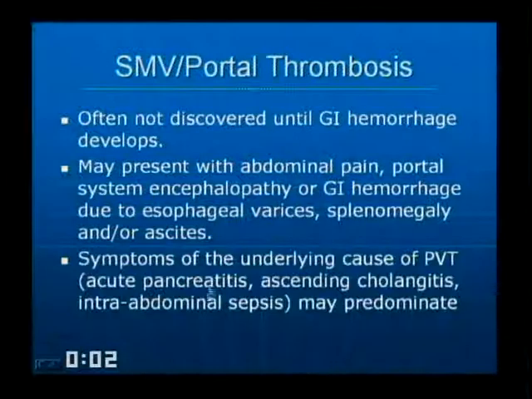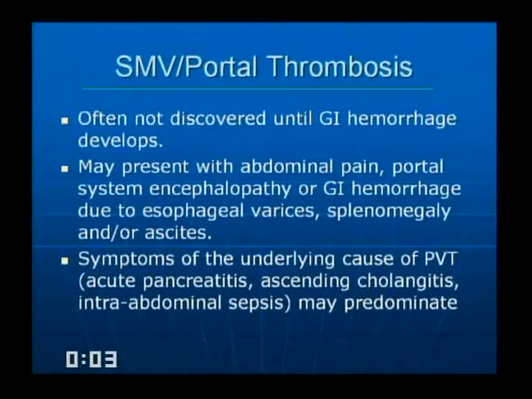So SMV portal thrombosis is often not discovered until there's some other abnormality, unless it's extensive and presents acutely with acute pain, but sometimes discovered due to GI hemorrhage. It may present with abdominal pain, or portal system changes due to some other entity: encephalopathy or GI hemorrhage due to varices, splenomegaly or ascites in patients who may have, let's say, cirrhosis or some other underlying process involving the liver. It's a whole variety of entities that can cause it, and that includes pancreatitis